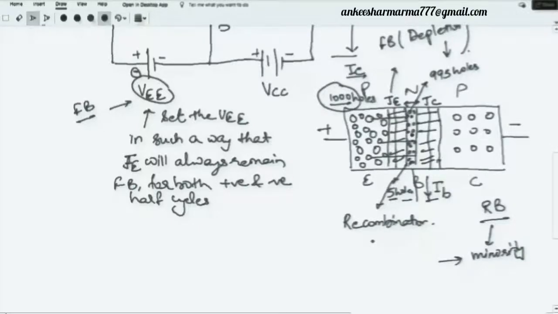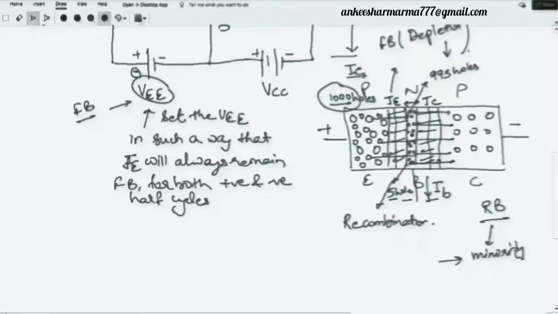It means all of these holes will move where? To the collector, due to the reverse biasing of your base collector region. Now look here, these holes will move in this direction. All of these holes will move here. Although they are the majority carriers of the P, the P case is now finished. We won't discuss this P. Now they have reached the N region or the base region, which consists of N-type semiconductor.